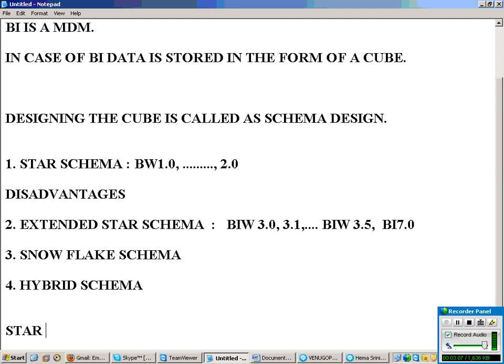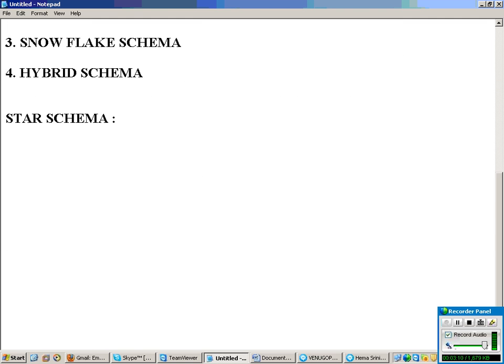Okay. Now first what we are going to start is, what is the star schema type of design? Now remember, when I say database design, I am speaking about how data is stored in the database. It's not how we are seeing it in the front end, it is how data is stored in the database. Clear? Now, as I already discussed, how are you going to store the data in the BI asset? Now I have a transaction table. It is surrounded with master tables.